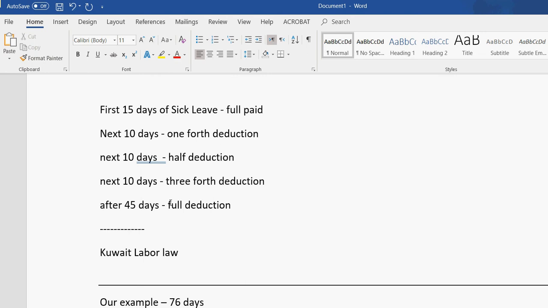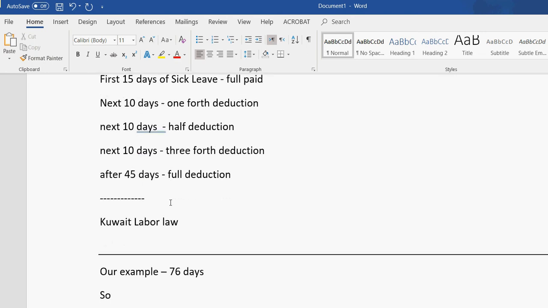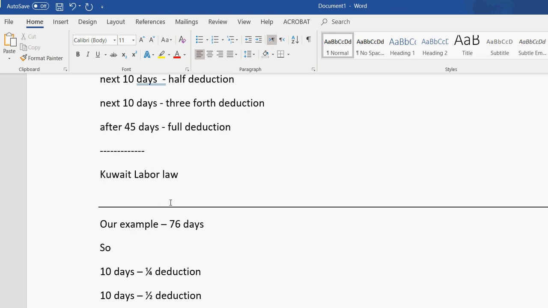So I think these kinds of deductions are there in the Kuwait labor law also, which is in the Kuwait legislation in the Middle East. But I'm going to show the complete demonstration in the Canadian legislation. And this is an ideal example. This doesn't exactly symbolize how the Canadian laws are applicable on the sick days. Now, in our example, there are some n number of days.